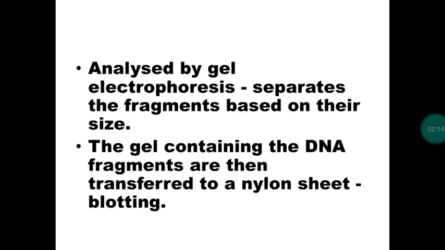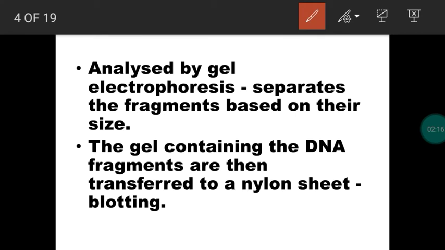Next, after getting the DNA fragments, first we collect the sample, then the DNA will be cut into DNA fragments with different lengths. After that, we are going to add a gel, right? After adding the gel, the DNA fragments will be separated based on size. Each DNA fragment has a different length, so by adding the gel, the fragments are separated based on their sizes.